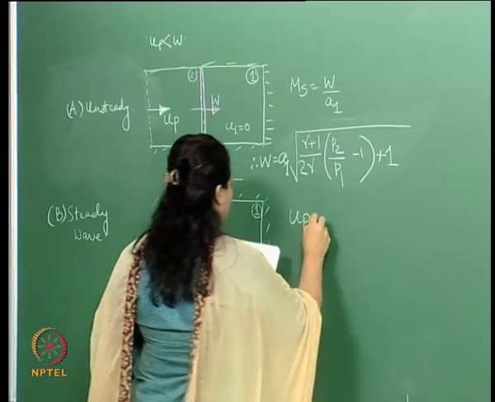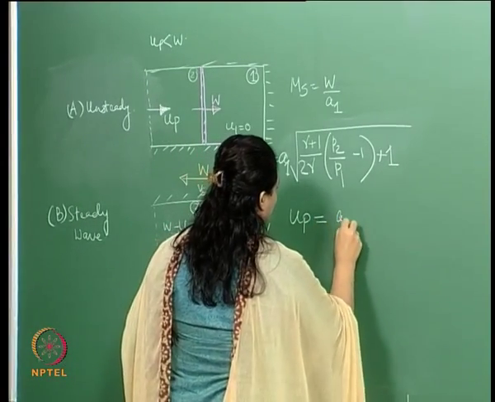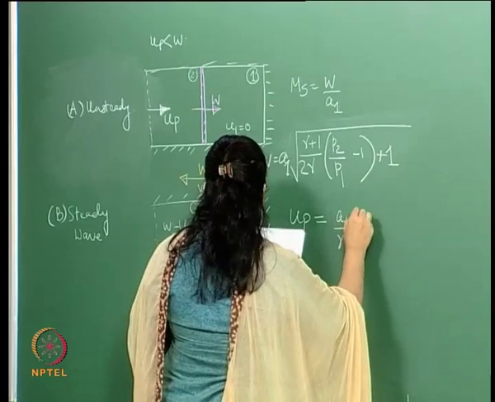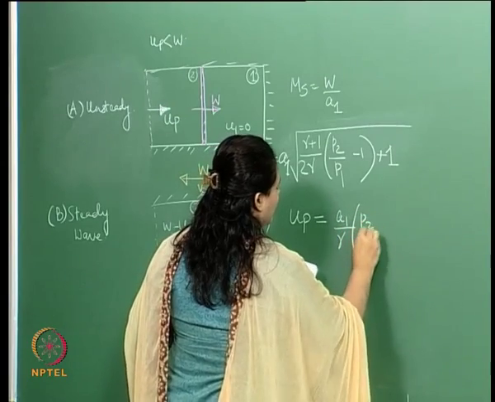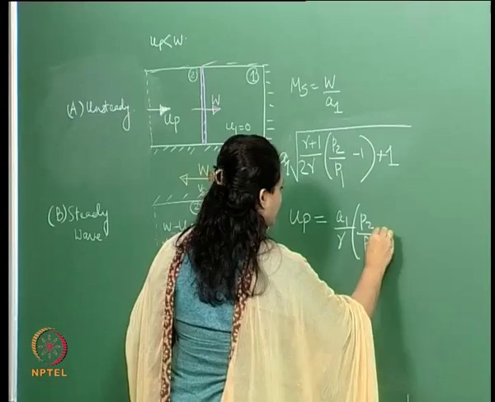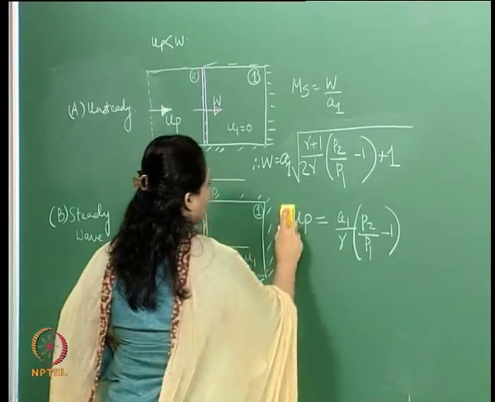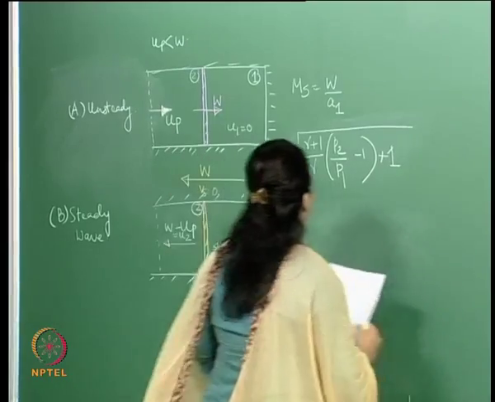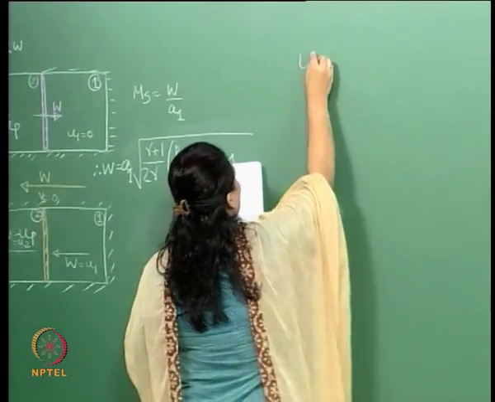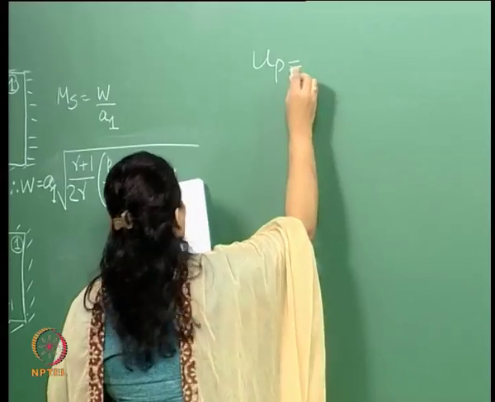Okay, now UP can be written like this. So this is all from the governing equations. So you can just sort of cross check this if you so want. Okay, let me sort of move this space. Okay, so UP can be written as